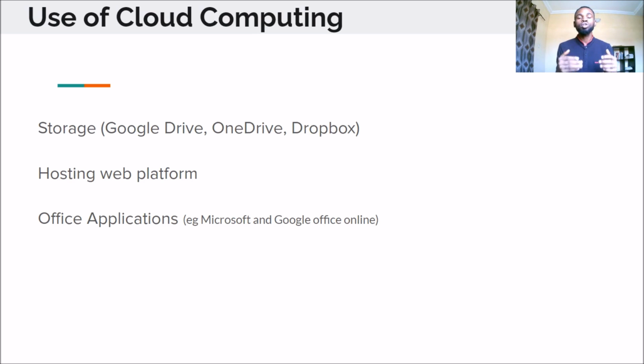Before now, to access this application software, you had to download it and install it on your computer. But today, you don't need to install anything. All you need is internet access. Now you can access all these things on the cloud. Google also has its Office tools, Google Docs, Google Slides, Google Sheets, and all that. And for other applications that businesses use, they don't need to install them on their computers. All they need is to access the internet, access the platform, and start using it.